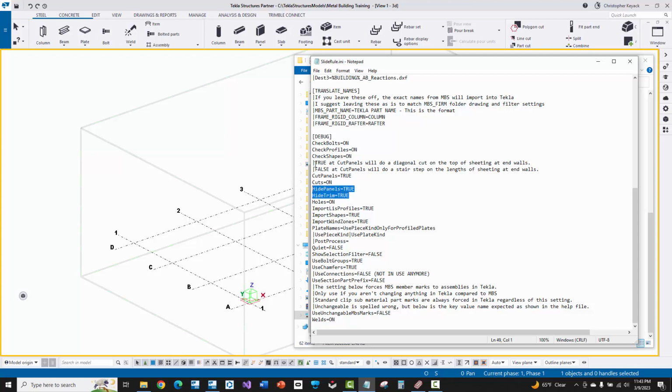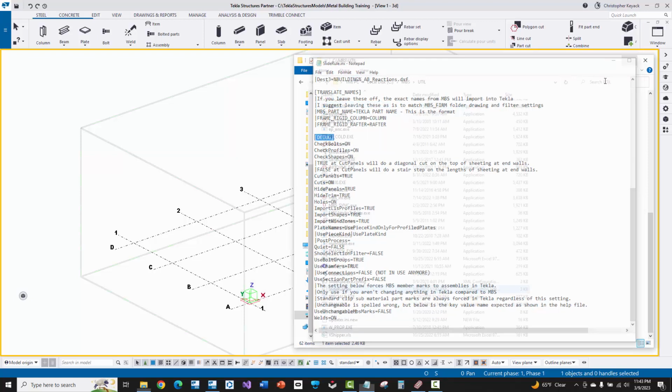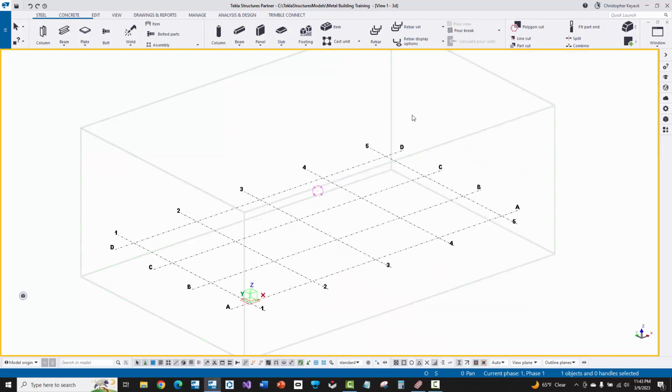So what I'll do here is there's this hide panels and hide trim, and I can set it equal to true. And this is underneath the debug category. And so I'll set that, and then I'll simply hit save here. And then I'm going to make sure that I don't import any sheeting or trim at this time for detailing. Now, the next thing I'm going to do is come into MBS, and I want to make sure that my job here